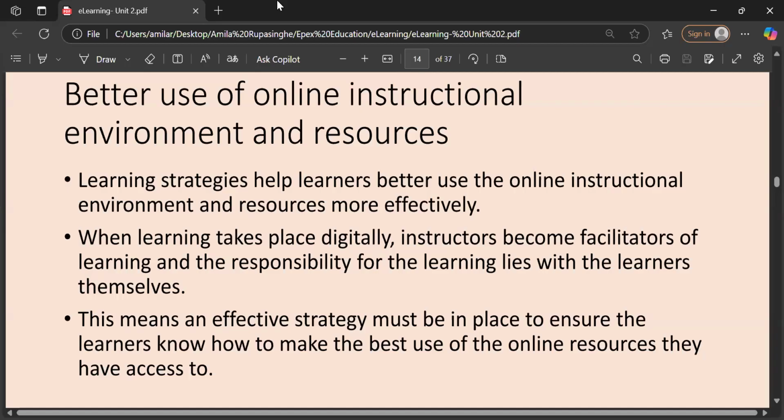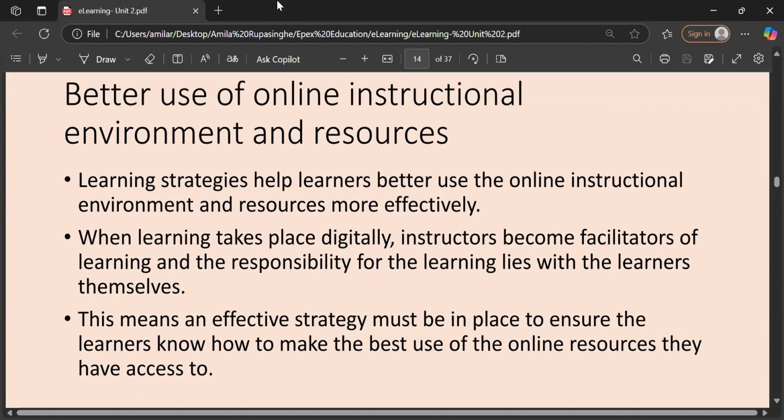So in online e-learning, the student is the responsible person. That means an effective strategy must be in place to ensure that the learner knows how to make the best of it.